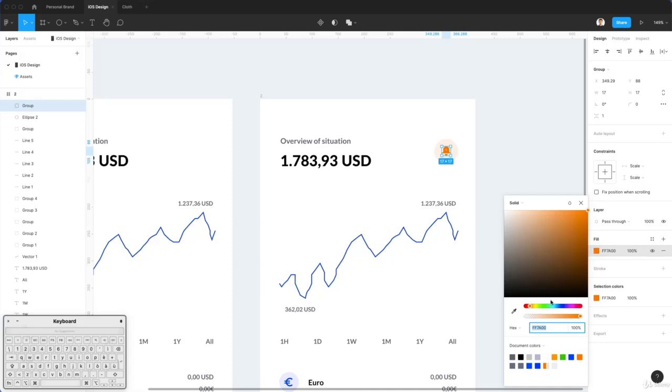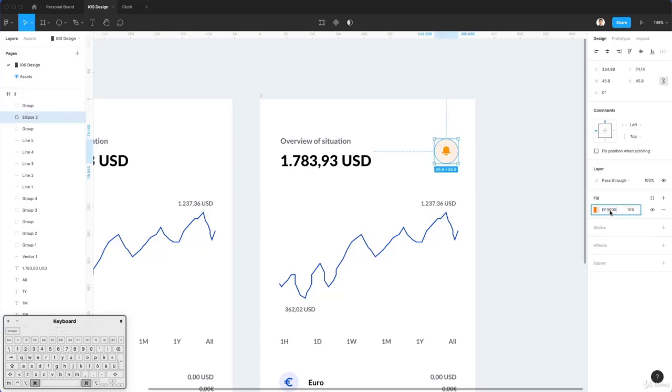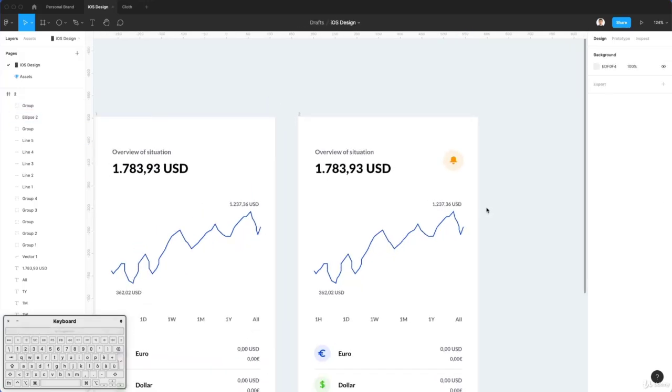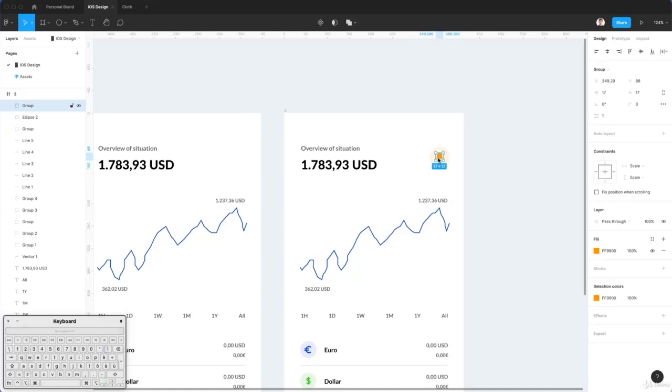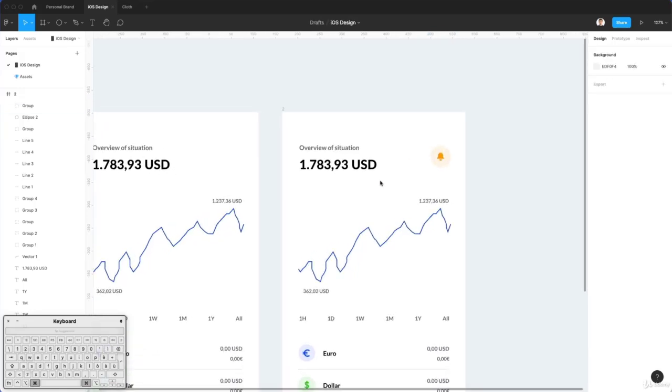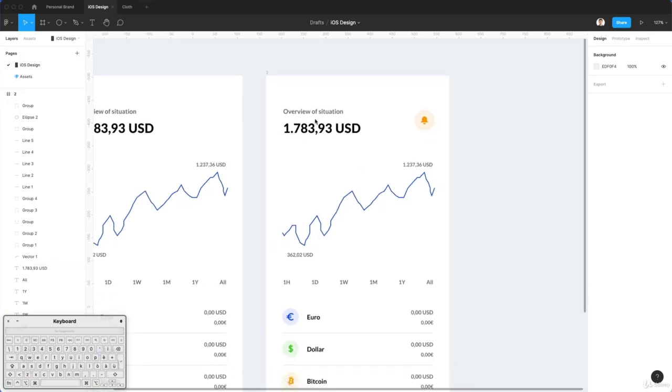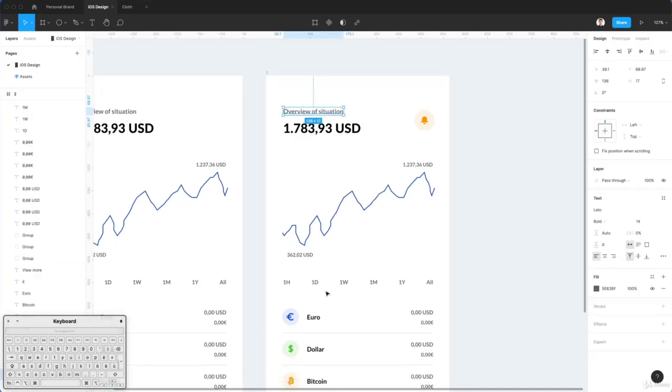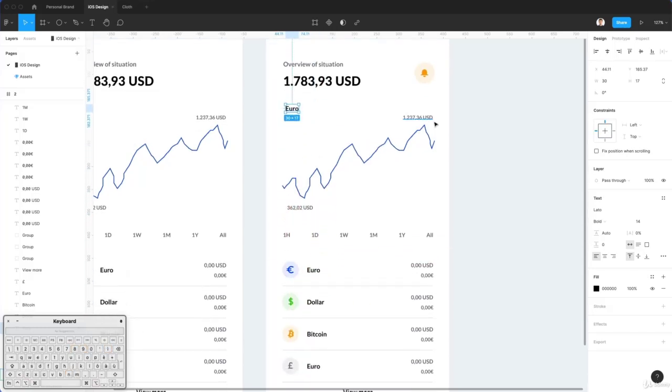Now as I'm re-looking at it, I probably want to make it lighter, so let's make it a color around these lines in order to make it a bit lighter on the eyes. All right, so far so good. Now the very next thing we're going to do is duplicate this, and we're going to essentially